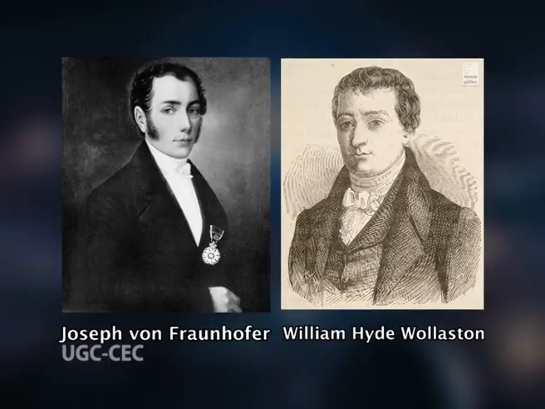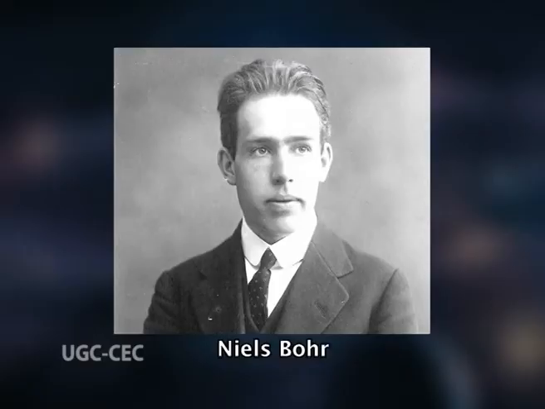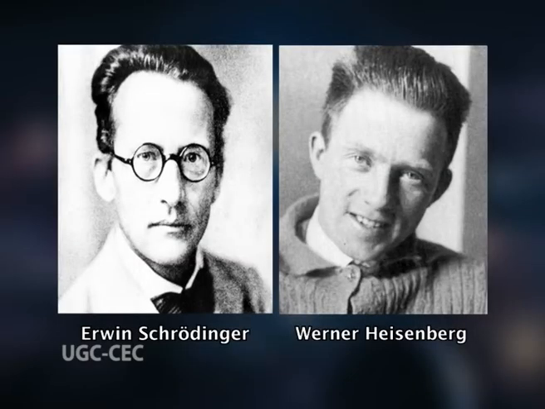The first evidence of quantization in atoms was the observation of spectral lines in light from the sun in the early 1800s by Joseph von Fraunhofer and William Hyde Wollaston. The notion of energy levels was proposed in 1913 by Danish physicist Niels Bohr in the Bohr theory of the atom. The modern quantum mechanical theory, giving an explanation of these energy levels in terms of the Schrödinger equation, was advanced by Erwin Schrödinger and Werner Heisenberg in 1926.